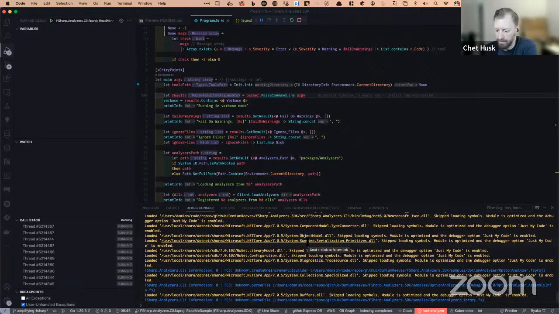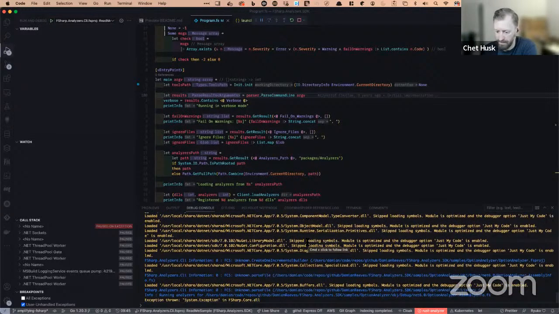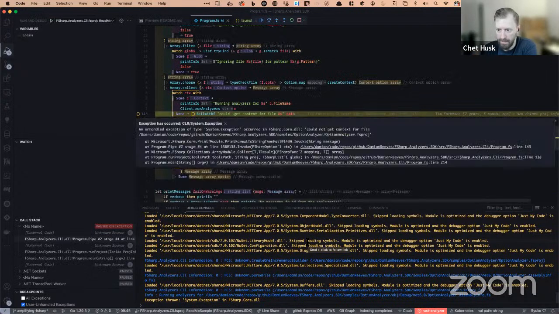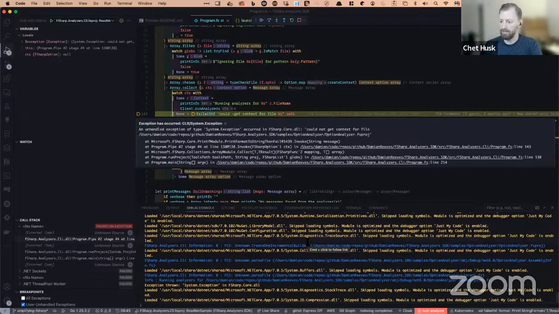So we are currently parsing the files in the project. And then we caught the exception. So this is what you were seeing in normal execution, but now we can debug it. Yeah. So what we should probably do